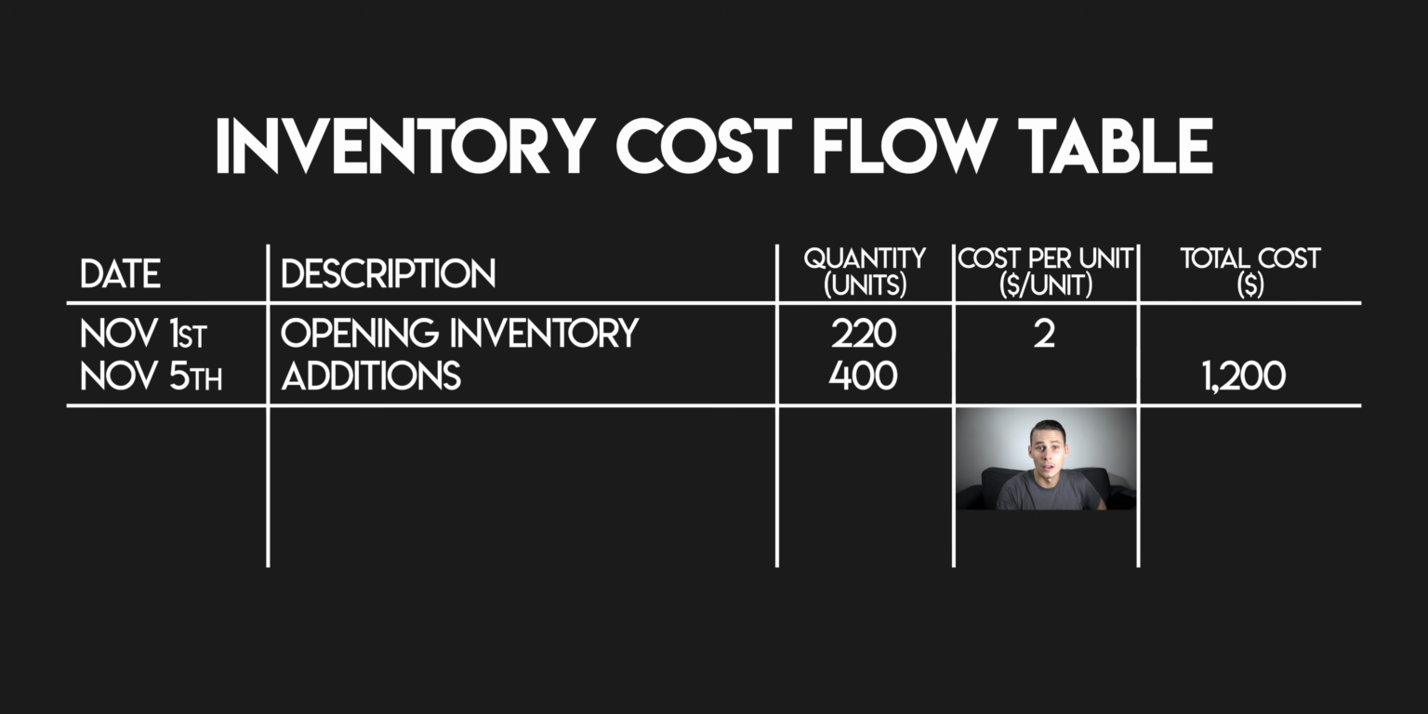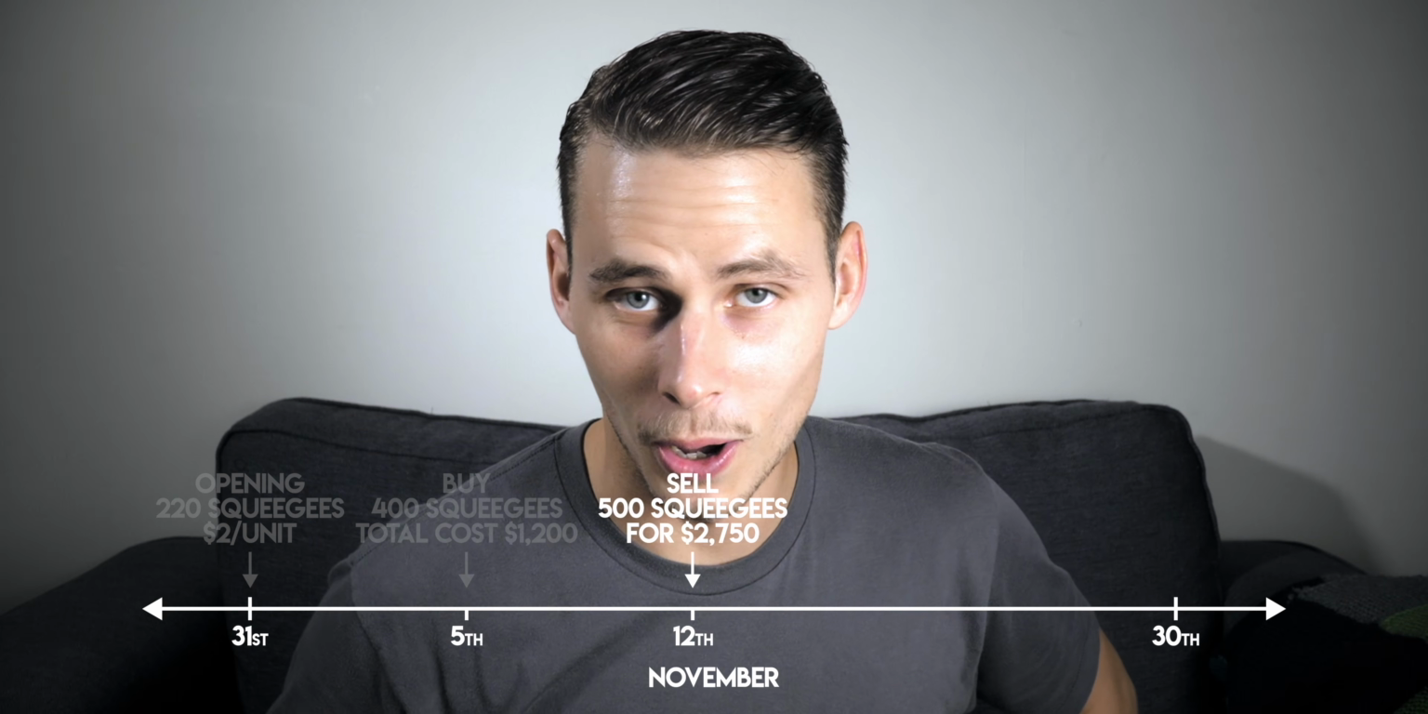In inventory cost flow tables, you want to leave blank rows beneath each addition or sale. This gives you some room to put your goods available for sale, which is the subtotal of the rows directly above it. On November 12th, you sold 500 squidgies for